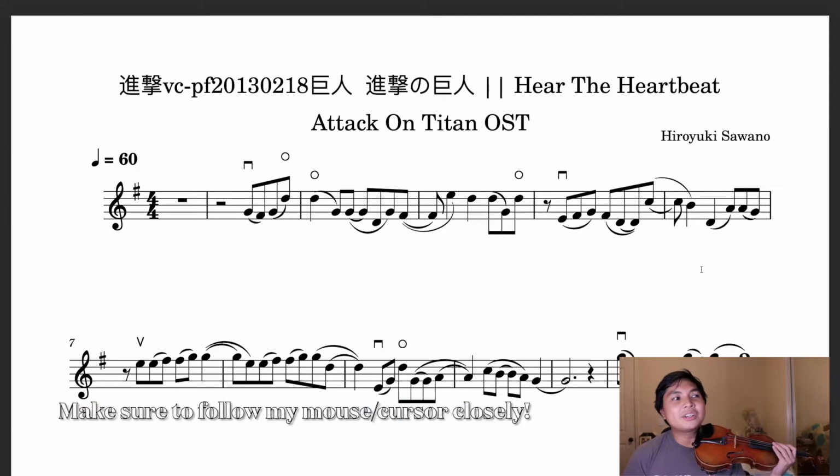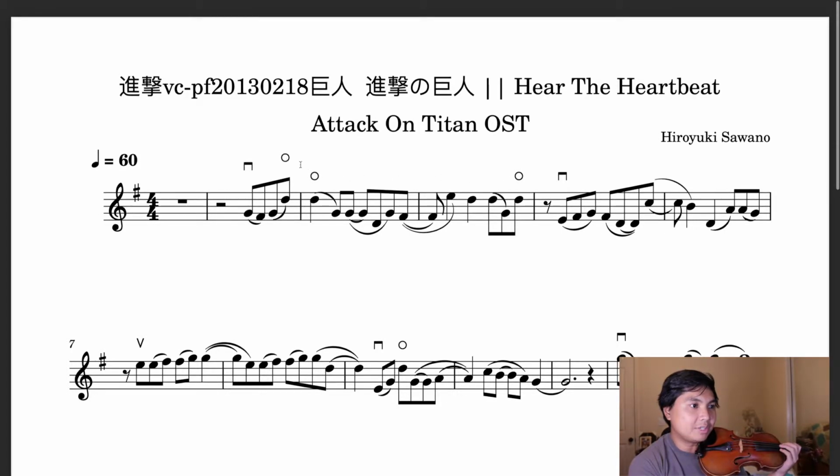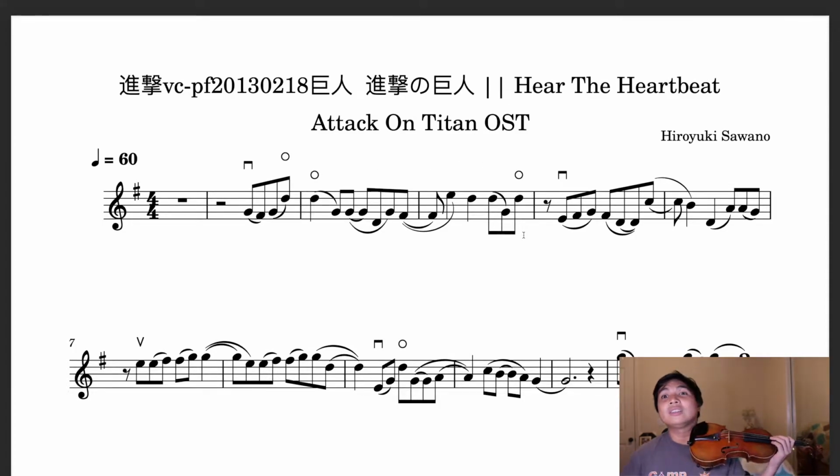You are getting a violin tutorial for this beautiful piece. So, we start out in the first position. We're looking at the first line here. Let's learn this first phrase, from this note until this note. These symbols are harmonics symbols. I'm going to play all three of these harmonics with my fourth finger on the D note